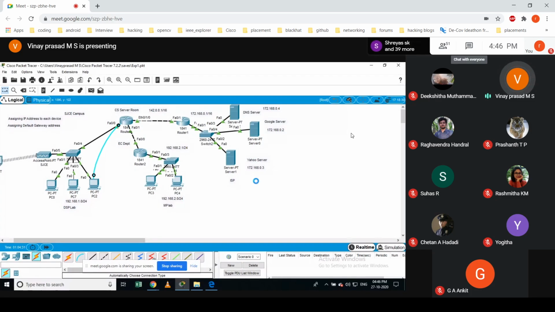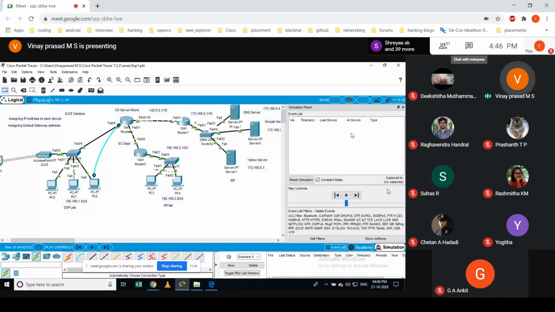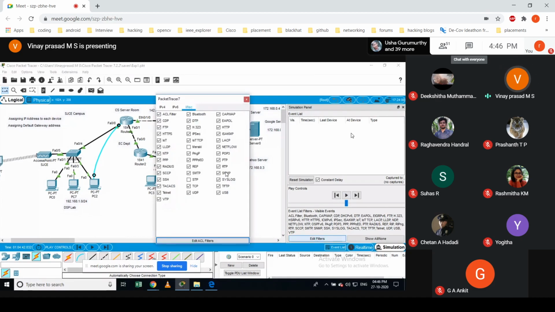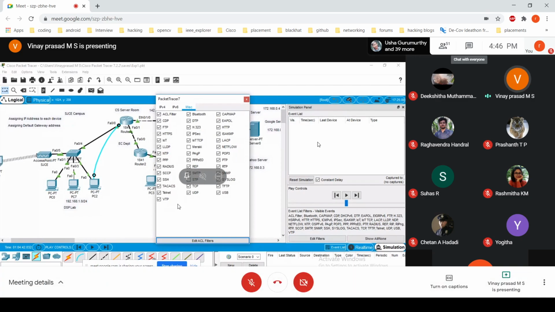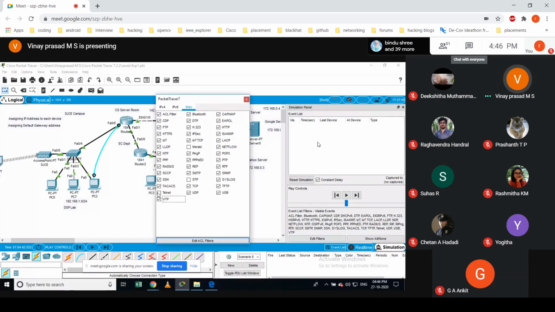And once you're done with this, you check with the simulation mode, and you also have to put this screenshot in your report. You disable every other protocol. You enable only this OSPF one. You remove all these routing protocols or all other protocols.